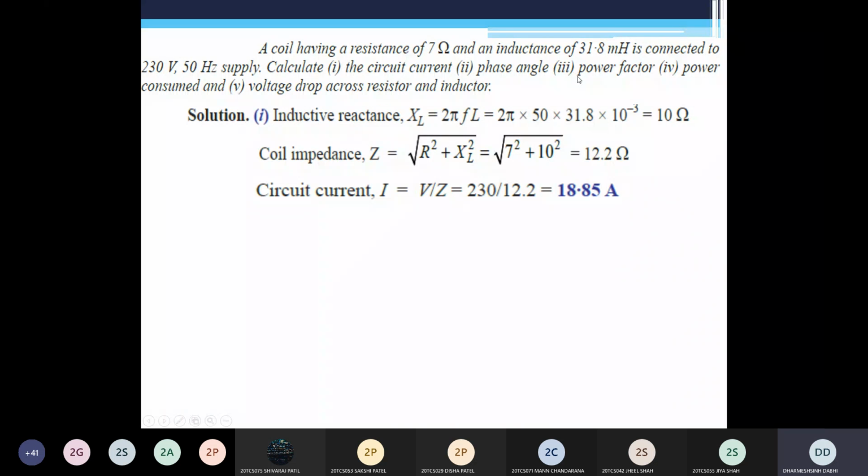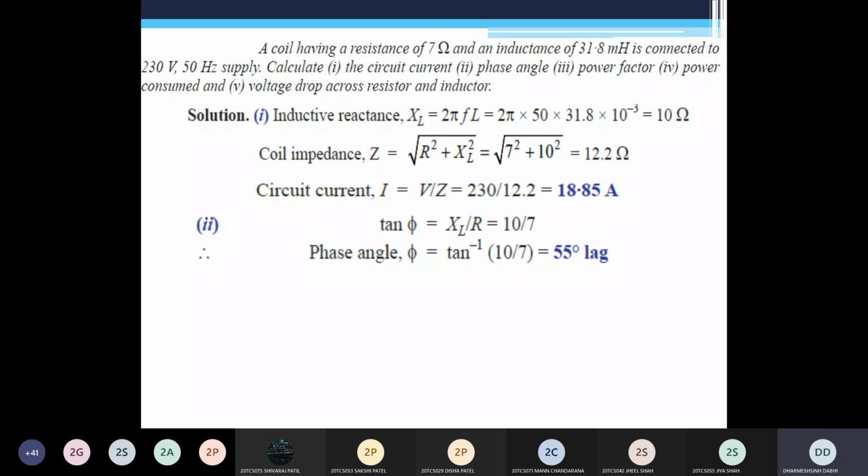Clear? So we already see that when there is a resistance and inductance in the circuit, your current lags behind the voltage by between 0 to 90 degrees. So always in the inductive circuit or RL circuit, your phase angle is lagging. Or you can say the power factor is also lagging. So tan phi, as you already know the equation, is XL divided by R, or you can also use the equation of cos phi. Cos phi is equal to what?